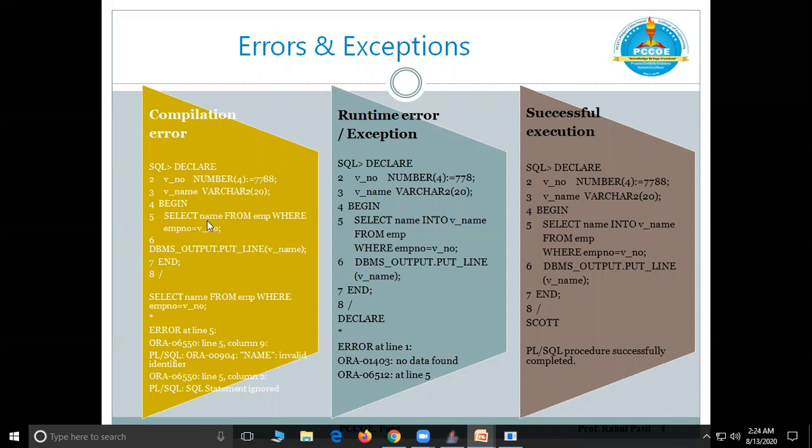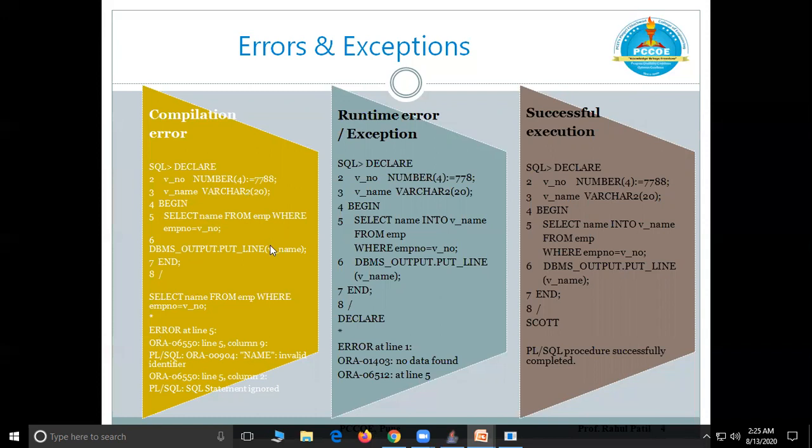Whenever you are writing a select query in PL/SQL, the query should be like this: select name into some memory variable, and that memory variable should be declared. It is already declared as vname, so it should be select name into vname from EMP where EMP number equals v number. This is not written in that particular way. That's why the error message is shown by the Oracle engine, and this error is because of incorrectly written syntax.